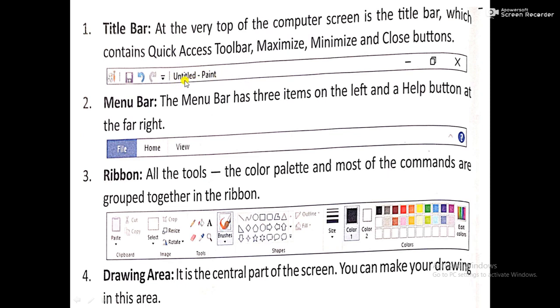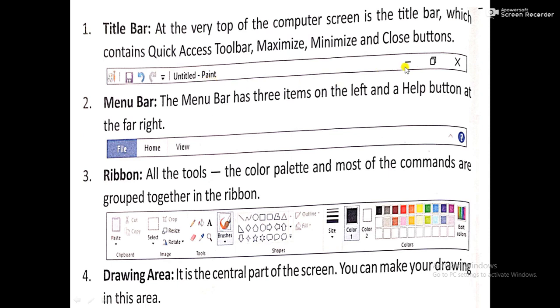Untitled means you are still working in Paint and your file is not saved. As you finish your work and save your file, the name of your file will show here instead of untitled. And this is Paint, the name of the software we are working in.